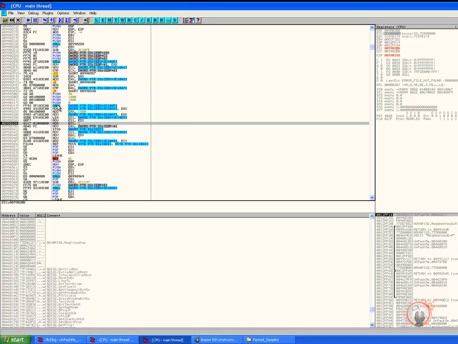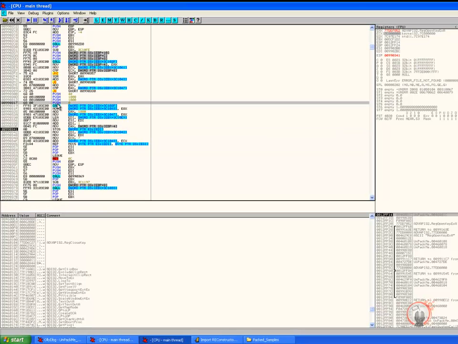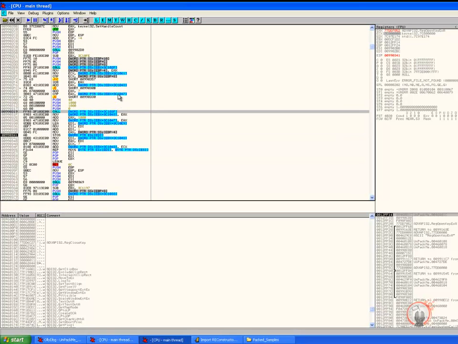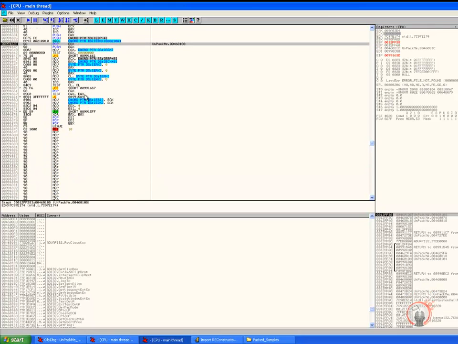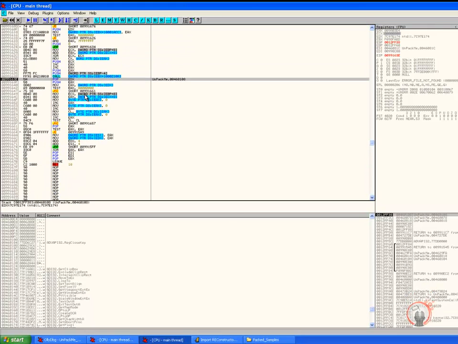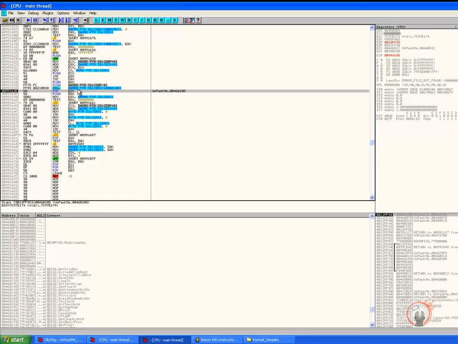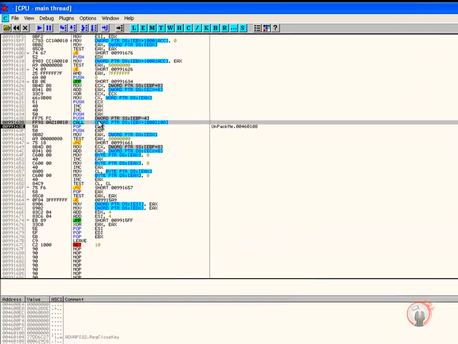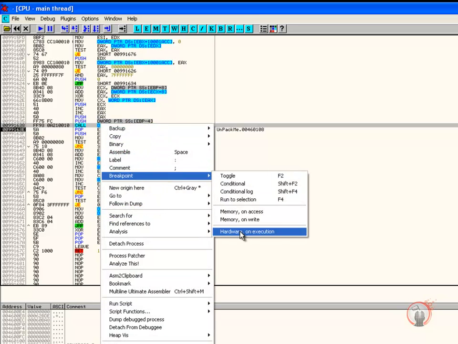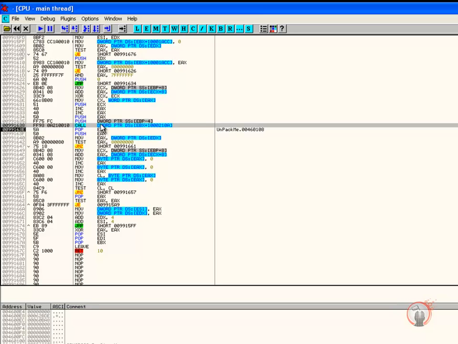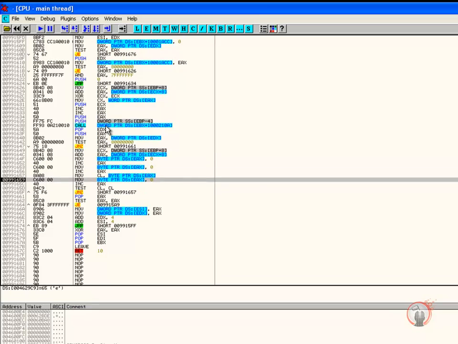And at this point it's going to bypass this call. So if we want really to check about that, what we can do is go back and let's place a hardware breakpoint on execution at this address here, which is virtually allocated every time, so next time might not be the same,